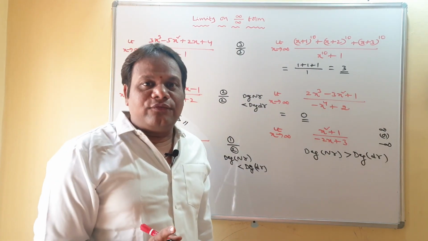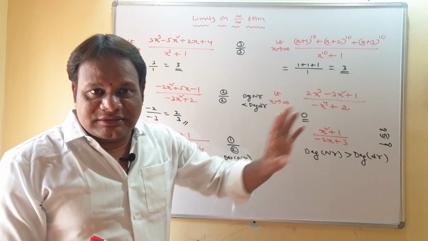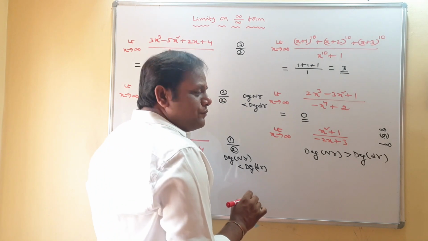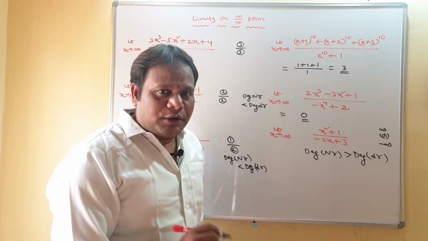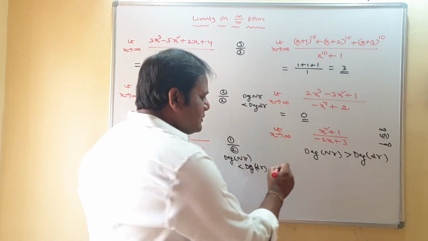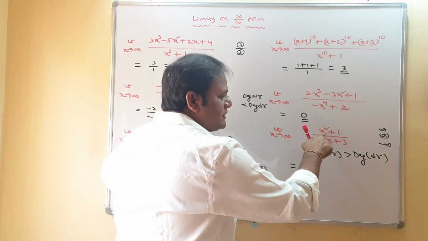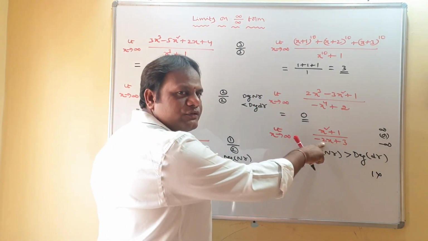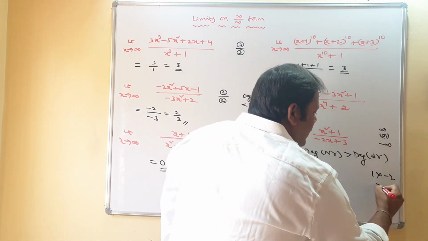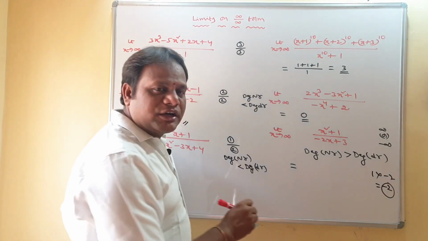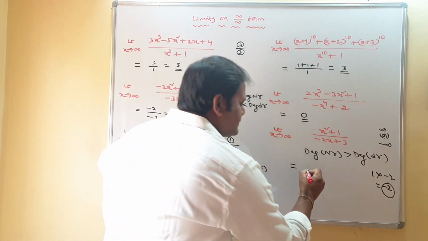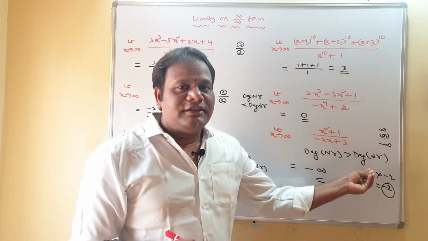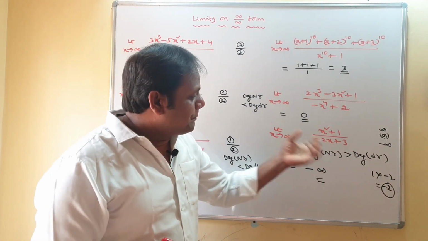So you must be very careful. Blindly, you don't give infinity or minus infinity. Okay. Here you see that, the answer is infinity, but we have doubt whether it is positive infinity or negative infinity. So what is the highest term coefficient in the numerator? That is 1, into what is the highest term coefficient in the denominator? That is minus 2. What is 1 into minus 2? Minus 2. Positive or negative? Negative. So the answer is what? Minus infinity.